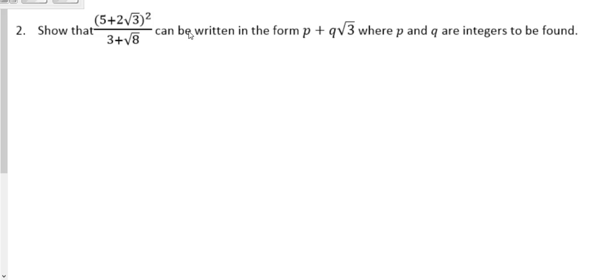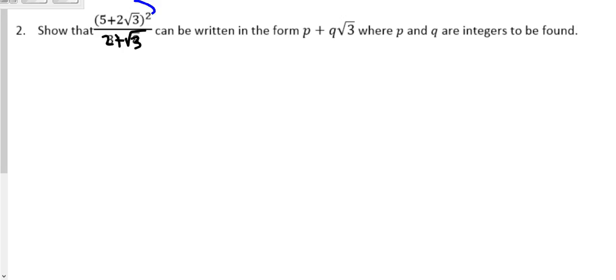Let's continue the review by looking at number 2 on your first review sheet. One thing is that this needs to be a 2 square root of 3. That is the problem that you have on your review sheet. I don't know how it got changed, but there it is. So when you look at this problem, it does look like a lot because there's a lot of words, but